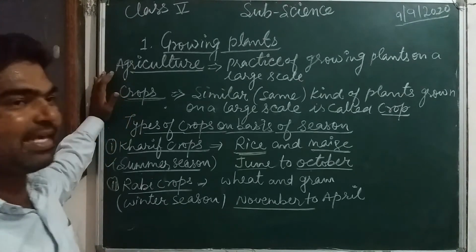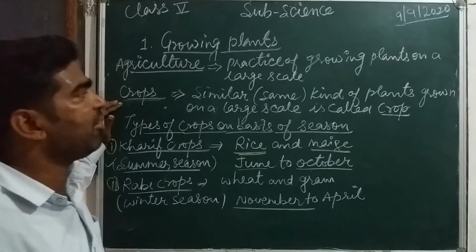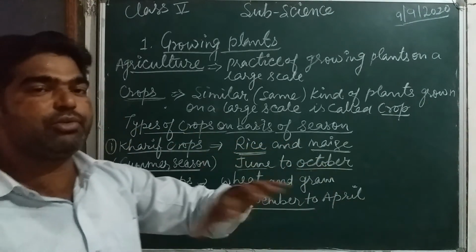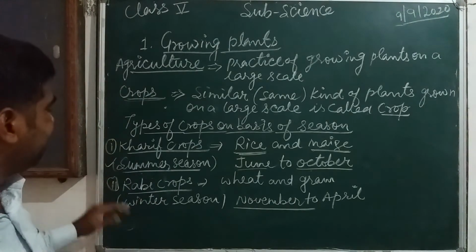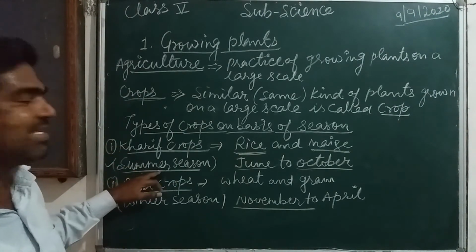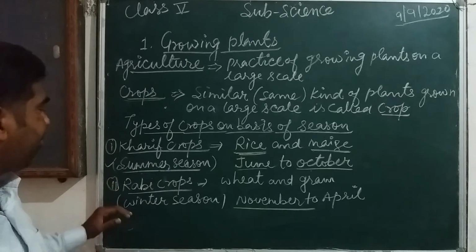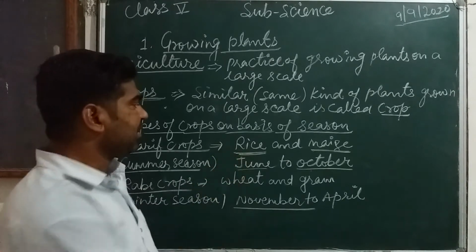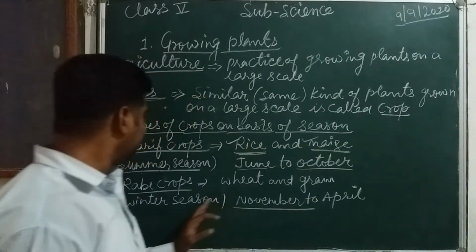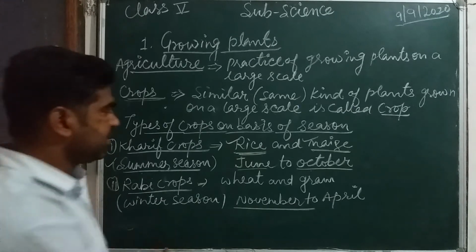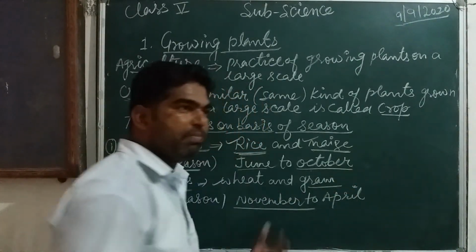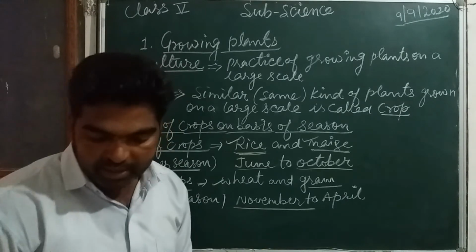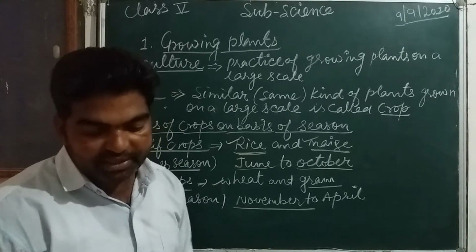Okay, so these are the types of agriculture, means the practice of growing plants on a large scale. Crops: similar or the same kind of plants grown on a large scale is called a crop. On the basis of season there are two different types of crops, kharif crops and rabi crops. Kharif crop is also known as a summer season crop, and a rabi crop is known as a winter season crop. For example, for kharif crops rice and maize, and for rabi crops wheat, gram, pea or mustard सरसों, ये सब एग्जाम्पल है रबी क्रॉप्स के।